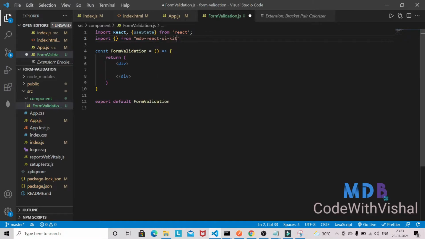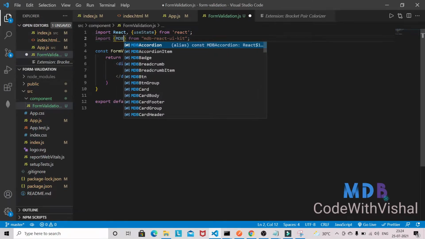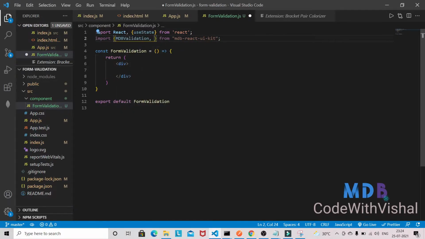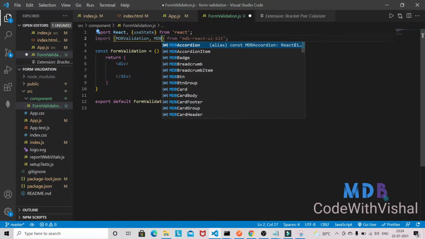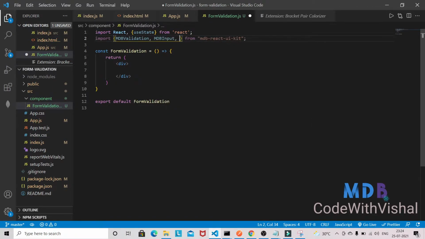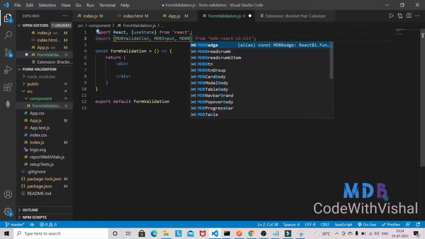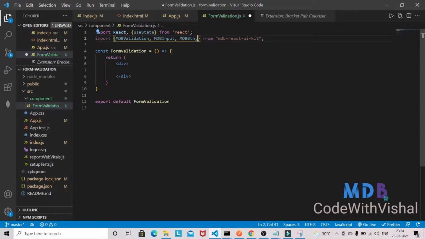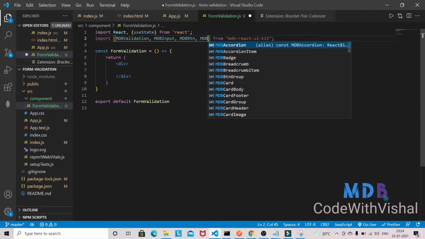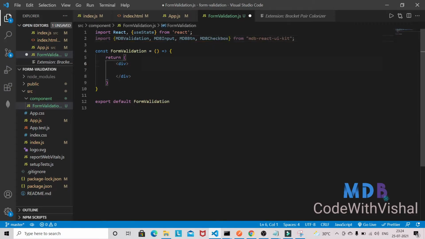So from MDB React UI Kit, we need MDBValidation, MDBInput, MDBBtn for the button, and MDBCheckbox. Only four components are required to implement the form validation with the help of Bootstrap.